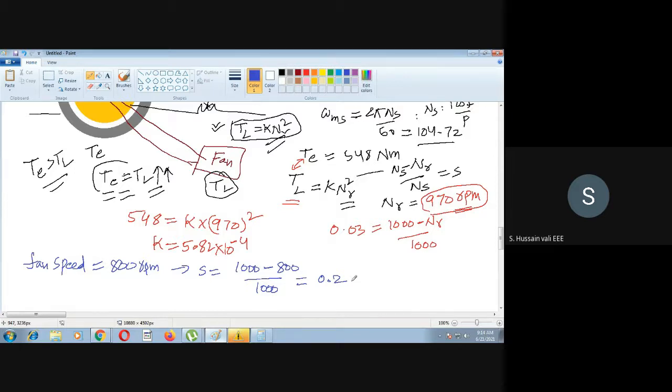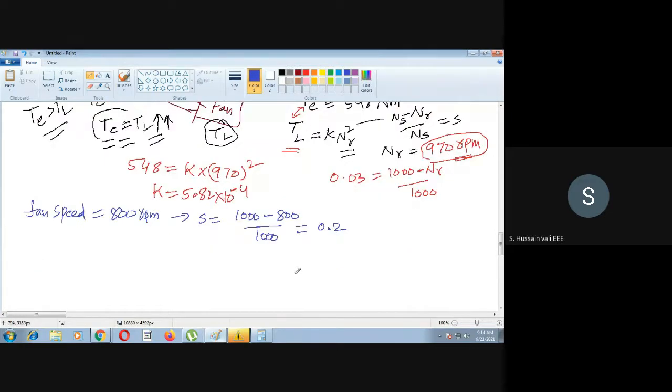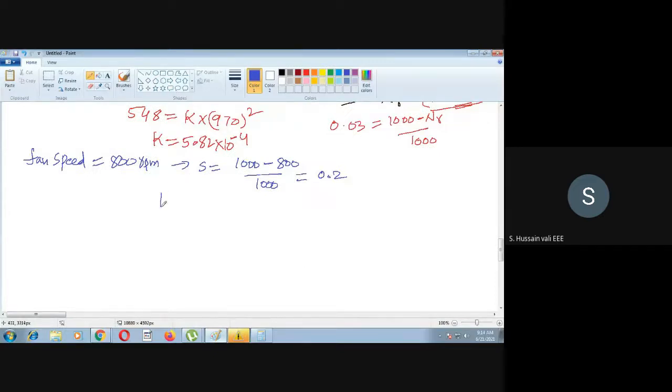Then what's next is that we will simply use the same equation which we have used. That is T is equal to TL. Whatever you do, at the end at equilibrium, T should be equal to TL. That's the logic. So now T, what is the formula? 3 by omega ms into V square into R2 dash plus R. I write R because now you are inserting some extra resistance. When you insert extra resistance, that comes in series with the rotor resistance.